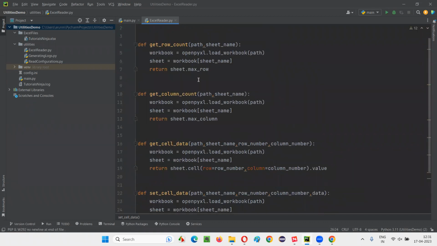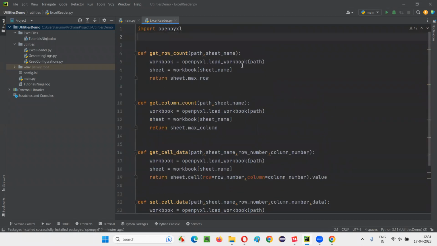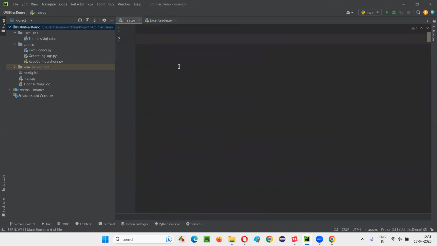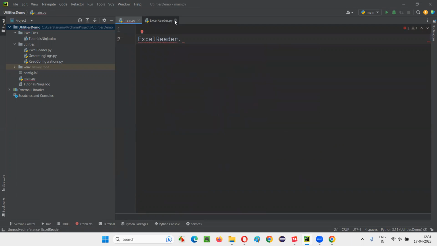Like this, some utility methods have been created for dealing with the Excel file, for operating on the Excel file. Different utility methods we have created. Now what I'll do is I'll go to the main.py file, and here I'll write Excel reader dot. Hover the mouse over Excel reader, import this from the utilities folder, and simply write whatever you